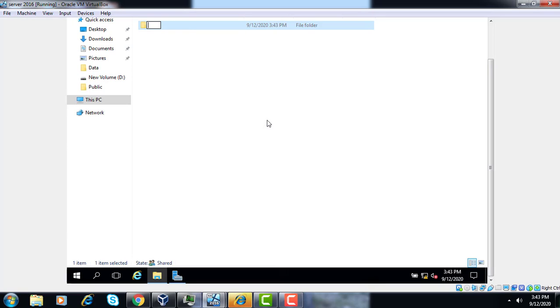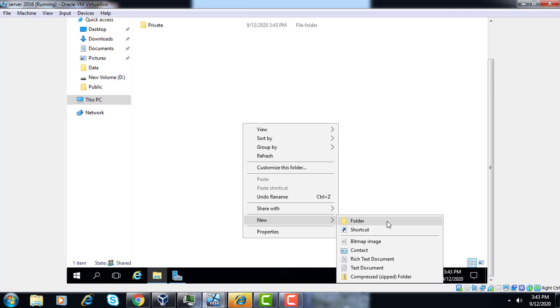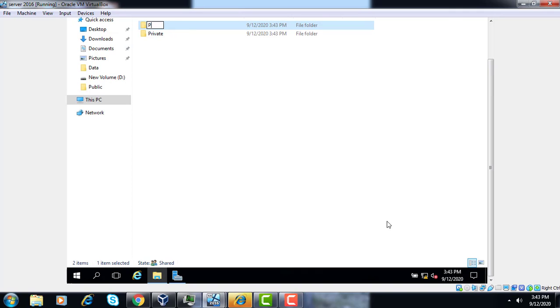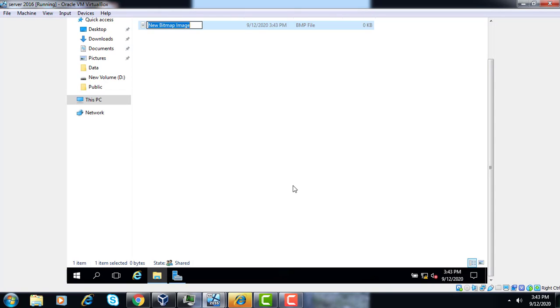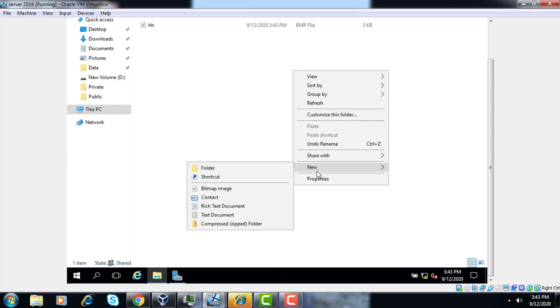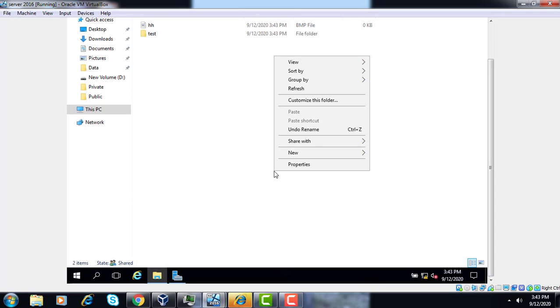One is Private and another is Public. We can create some files in them, for example some image files.